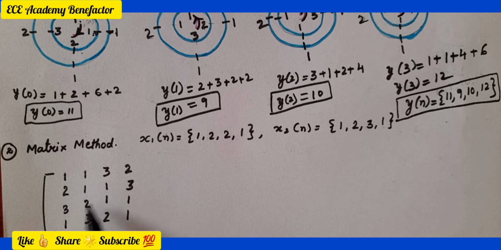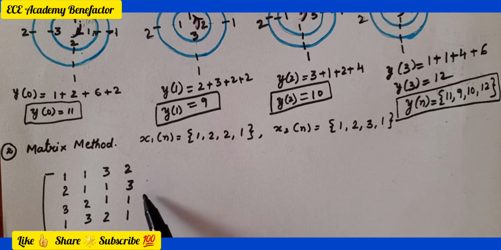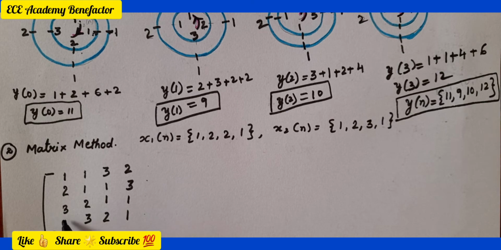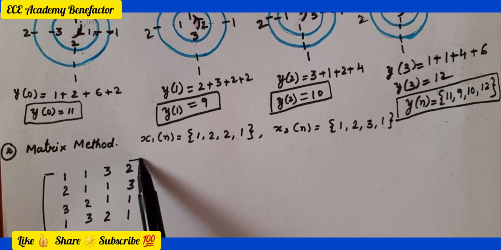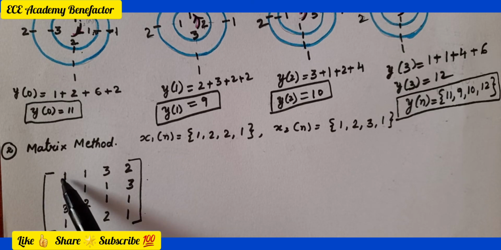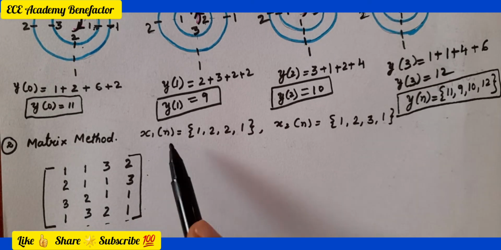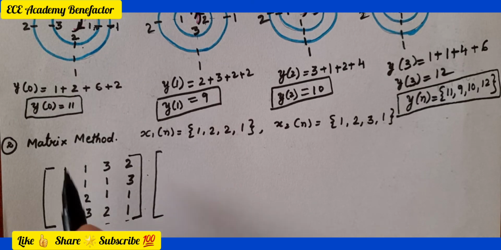So here how many times you have to repeat like this? Depends on 1, 2, 3, 1 till you get the same sequence. If you take this 1 here, what will happen? It will become 1, 2, 3, 1. So it will be same as before. So no need to write. We can stop it here. Or generally you can remember like this. If there are 4 samples 1, 2, 3, 4, we have to write 3 times. Okay, and this is x2 of n.